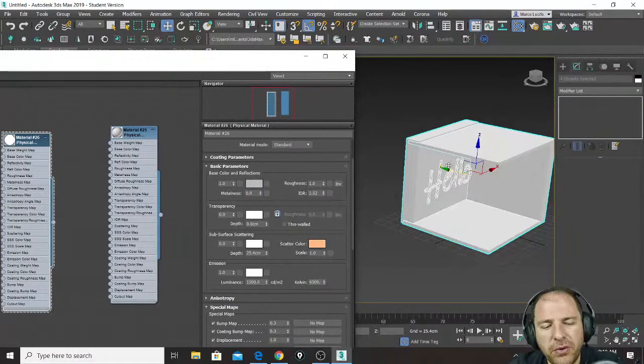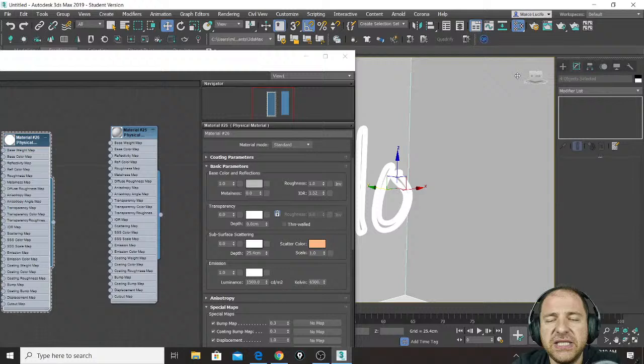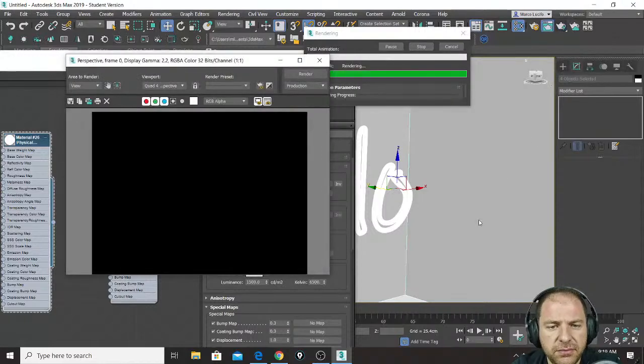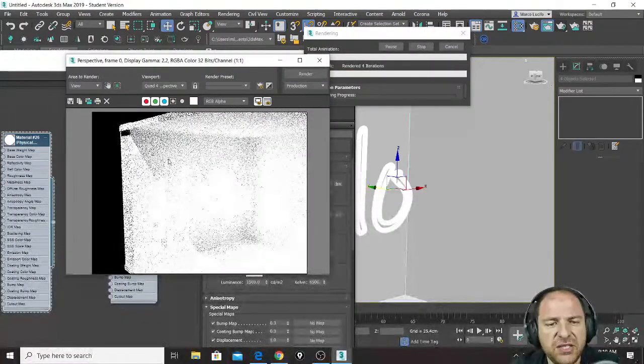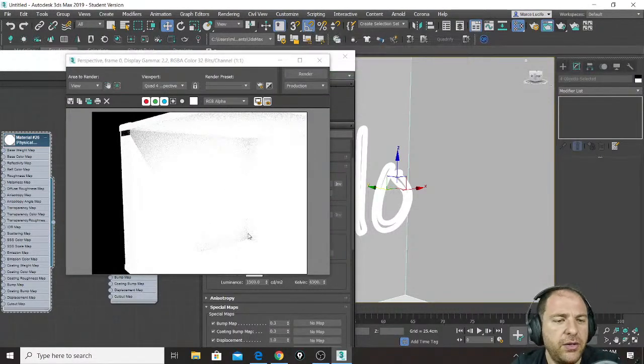In my viewport, I won't see anything spectacular. What I have to do instead is render my view. So I will click render, and this is what happens. I have no other lights, by the way. So this object is making light. As you can see, it is so bright that the entire scene has become